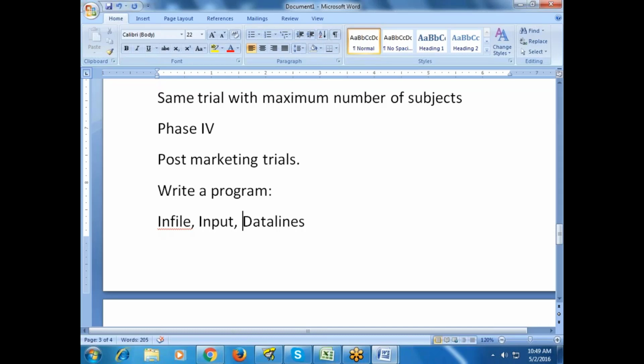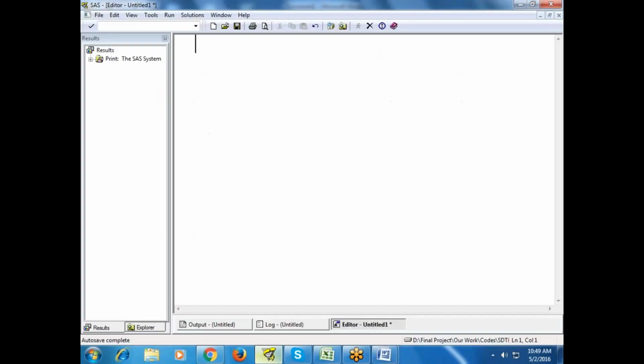Always your SAS program will start with a word called data or proc. Has anybody learned the C language? In C we have void main to start the program.